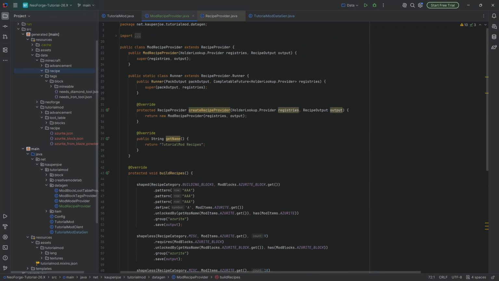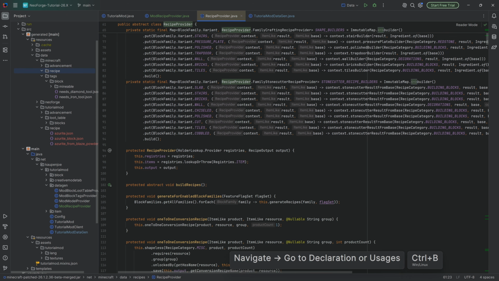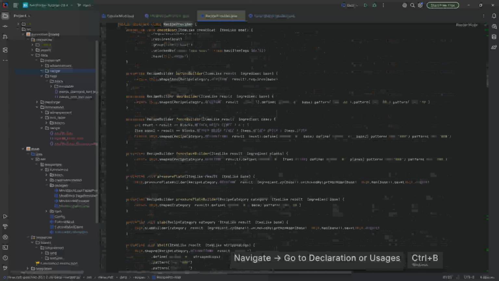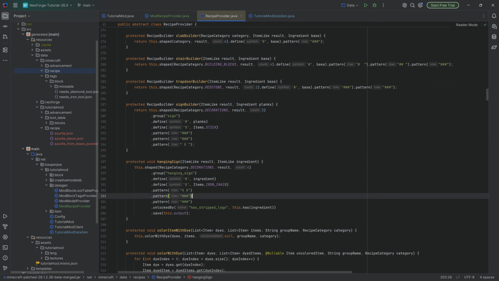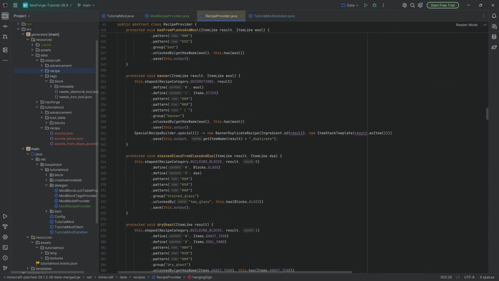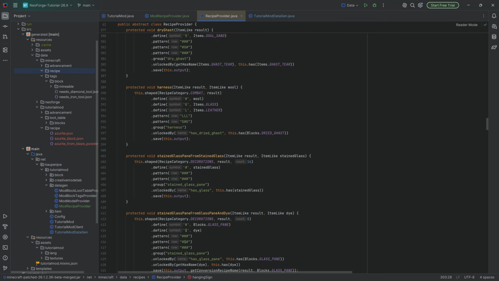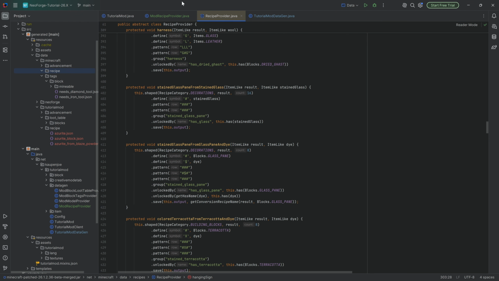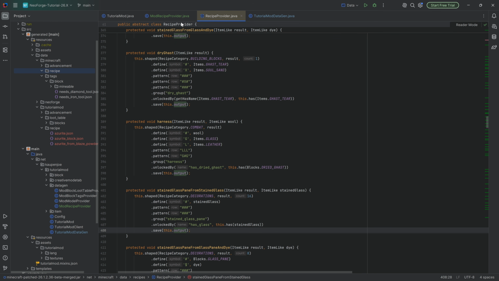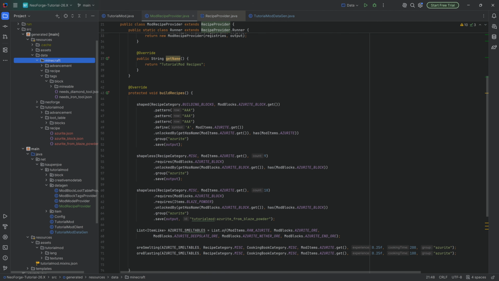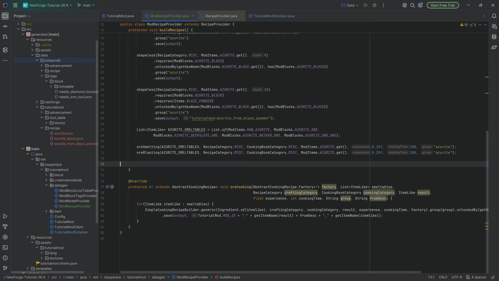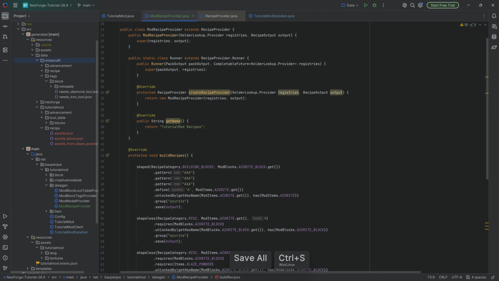Here, I, of course, also recommend you go into the recipe provider, and you can take a look at some of the recipes over here. This is how you make a shelf right here. So you can see there are different things that you can already take a look at. Sadly, you can't use all of them, because it doesn't 100% work. I believe it saves it into the Minecraft namespace for some reason. Still not 100% sure where the issue is there,